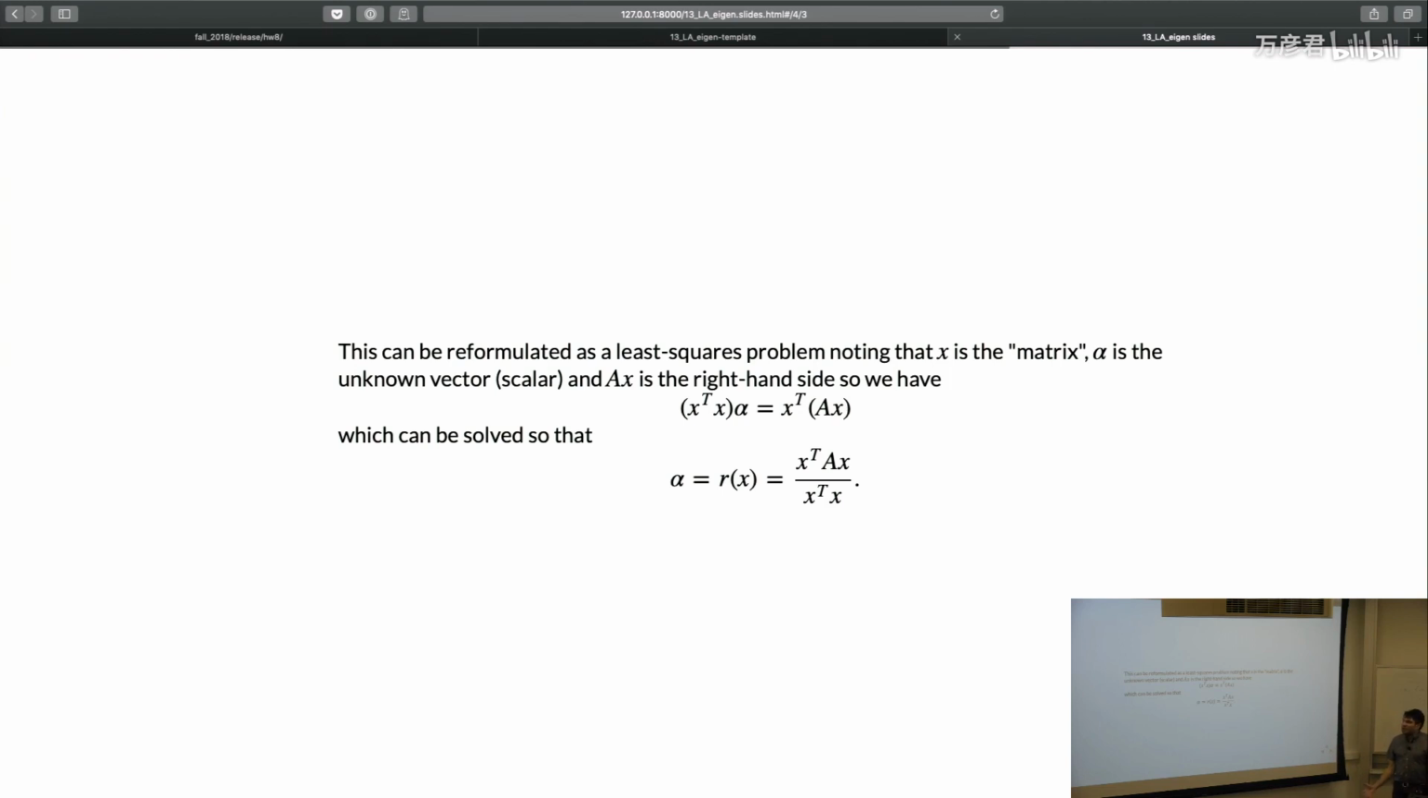So the Rayleigh quotient really is actually an L2 minimization problem that's trying to find the value of alpha that most closely resembles an eigenvalue compared to the eigenvector you put in. Okay? All right, so that's the Rayleigh quotient,